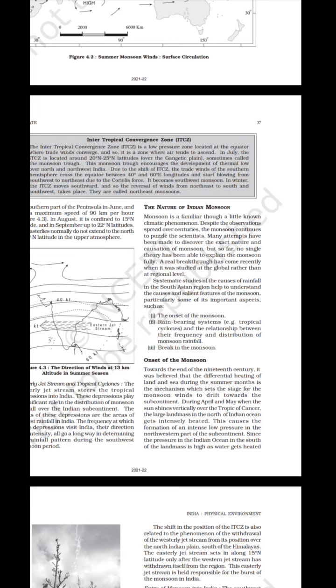Towards the end of the 19th century, it was believed that the differential heating of land and sea during the summer months is the mechanism which sets the stage for the monsoon winds to drift towards the subcontinent. During April and May, when the sun shines vertically over the Tropic of Cancer, the large landmass in the north of Indian Ocean gets intensely heated. This causes the formation of an intense low pressure in the northwestern part of the subcontinent. Since the pressure in the Indian Ocean in the south of the landmass is high as water gets heated slowly,